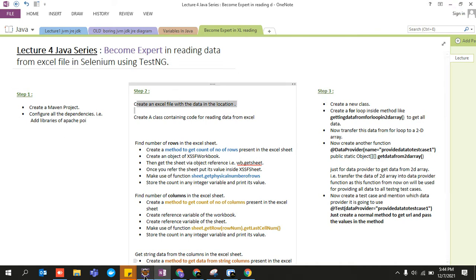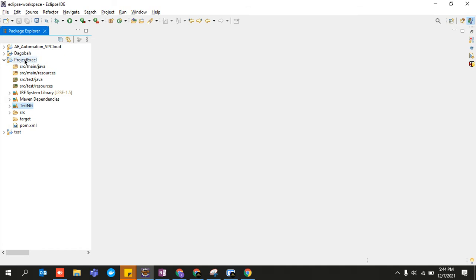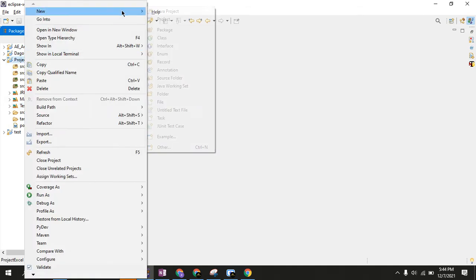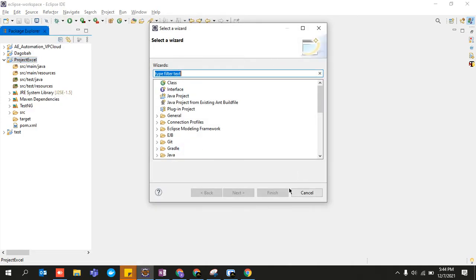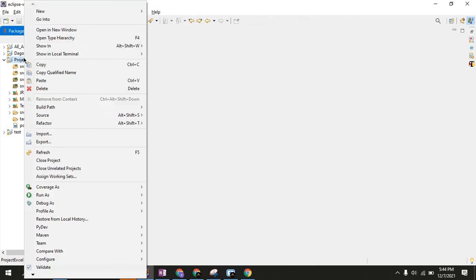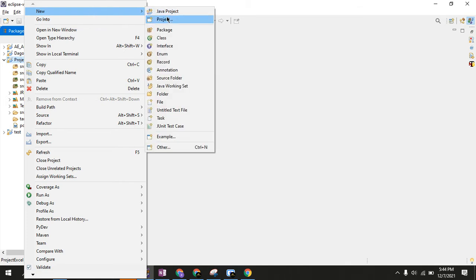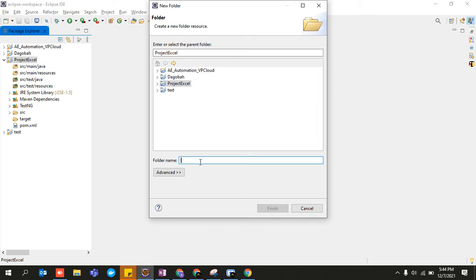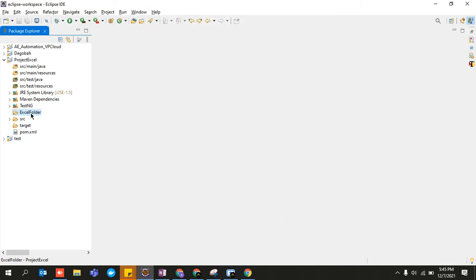First of all, create that location. New, go to other, sorry, go to folder, create a folder, give it a name like Excel folder, because it is going to contain the Excel sheet.